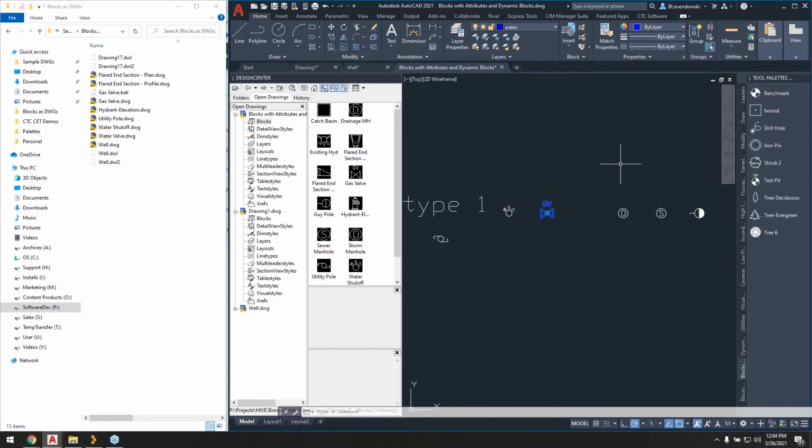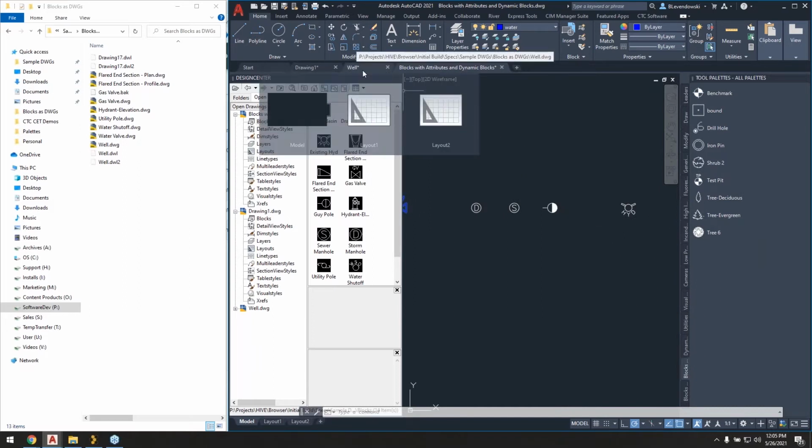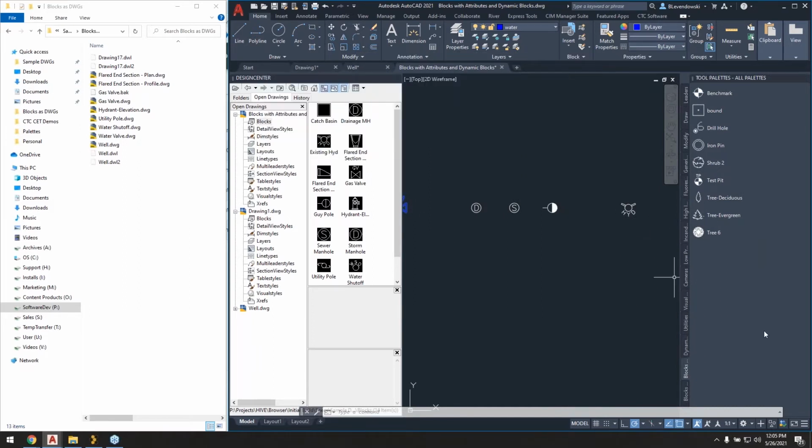And so that's where tool palettes came into play, right? Now, these have been around for a while, and we can still use tool palettes to reference single blocks and single DWGs or container drawings like this. So I've got some over here, and I'm pointing to different blocks sitting in DWGs. And we also have the added benefit now with